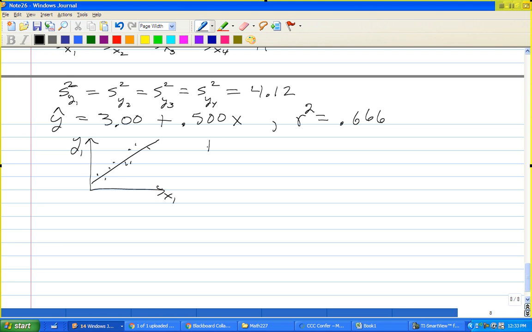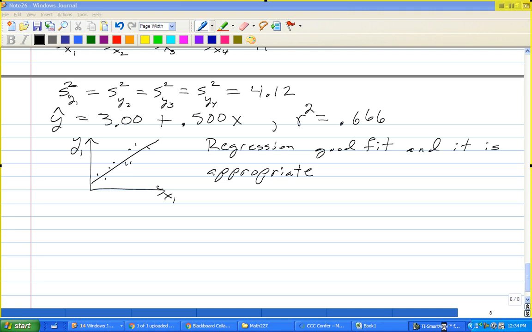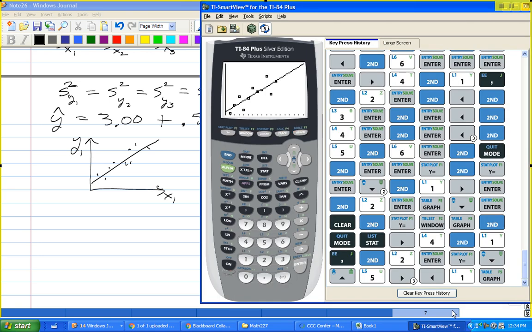So the regression line is a good fit, and it's appropriate. Okay, good. Now let's look at the next one, which is